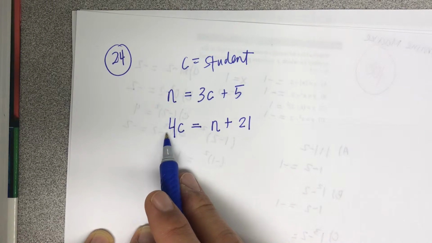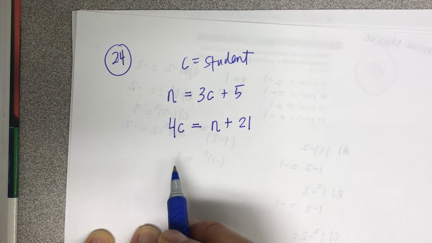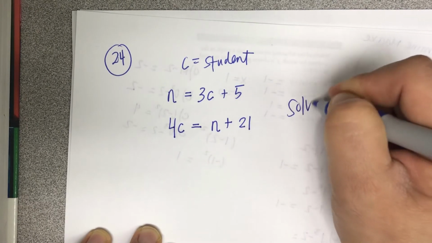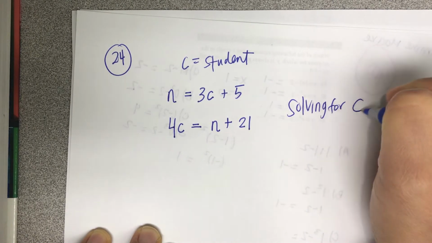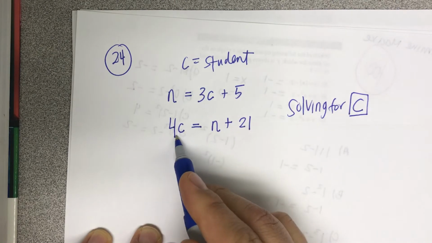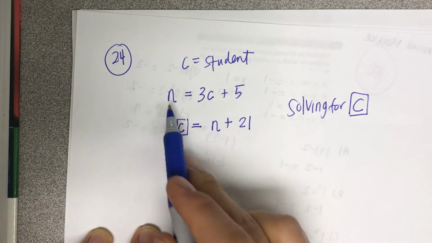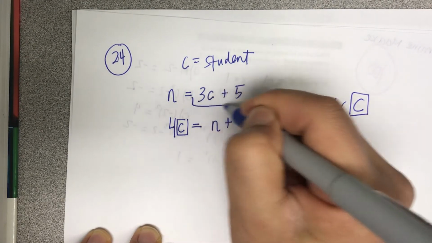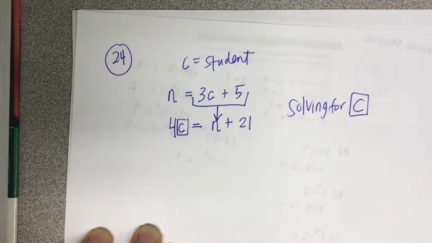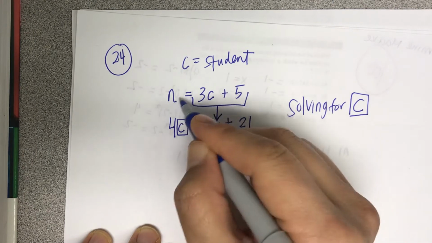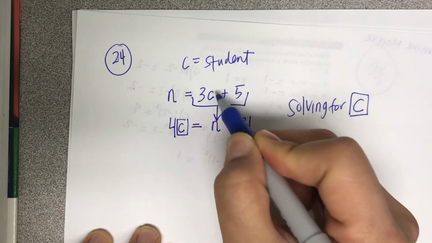Okay? In the end, it says how many students are in the class. So we are solving for C. If we're solving for C, we got C right here. And we got n equals this. So what you could do is take this and plug it in for that, and let's go. Solve for C. Okay? So take this n, because n is here, and replace it in here